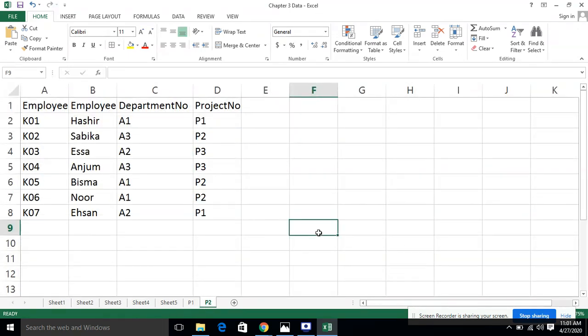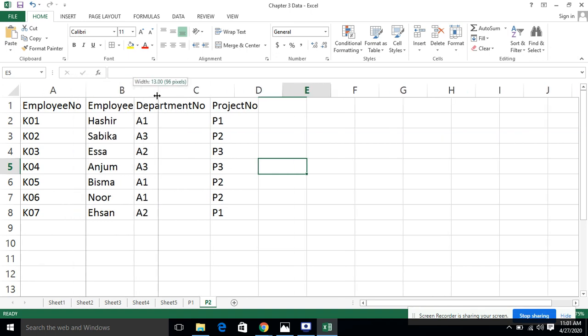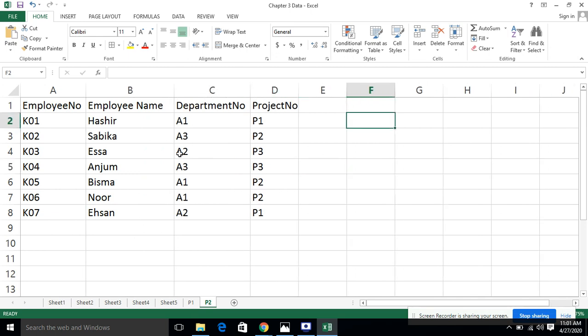For lab activity number 2, I have mentioned over here, this is practical 2, lab activity 2. This is basically the data where some employees are there, their employee names, employee numbers, department number and project number.